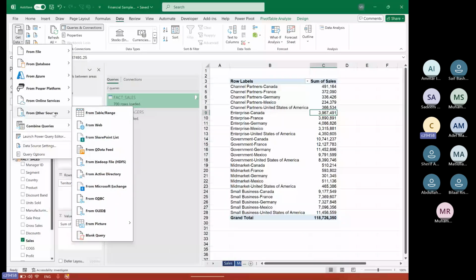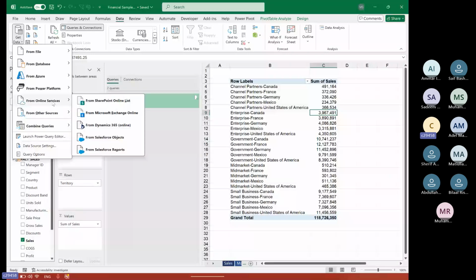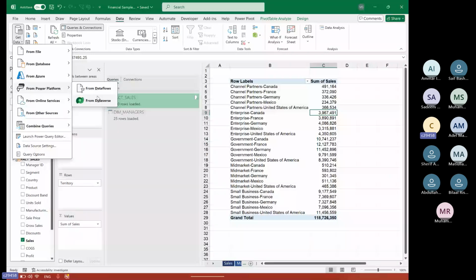Let me search for you and I will give it to you. But 100% you can, because this is Microsoft and Microsoft. But maybe I think they will make it like that. You need to make it with Dataverse or something like this, but 100% you can. Thank you so much.